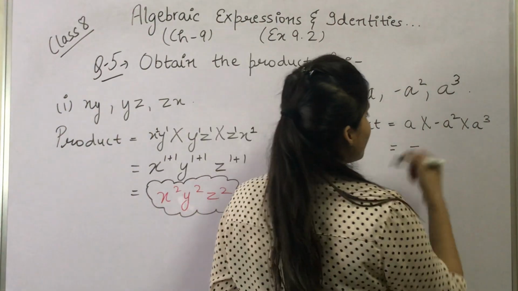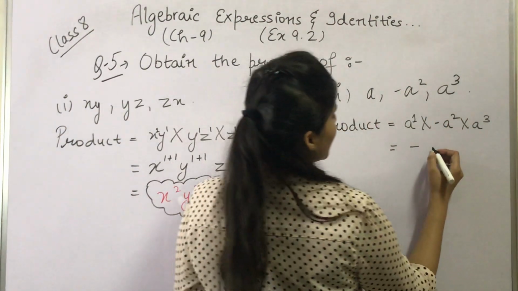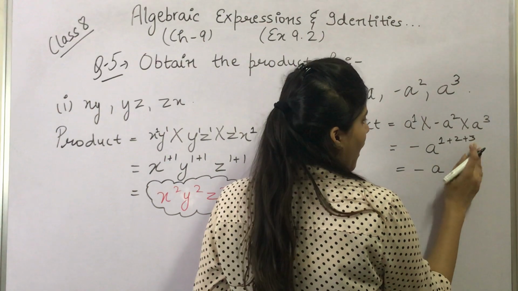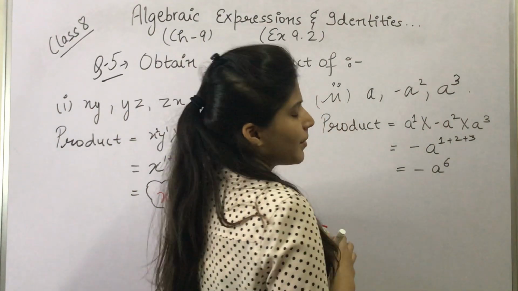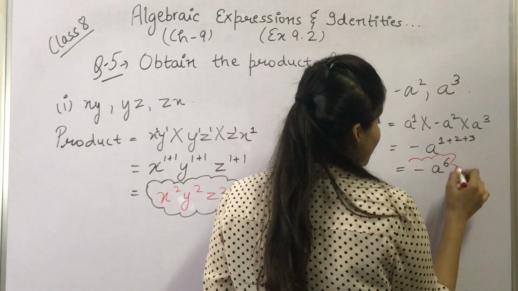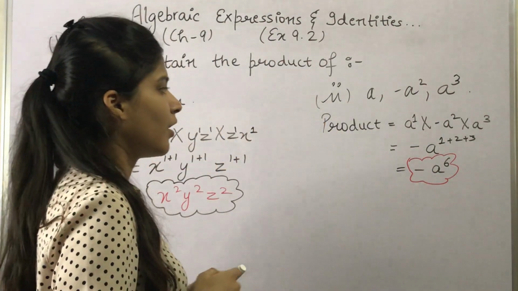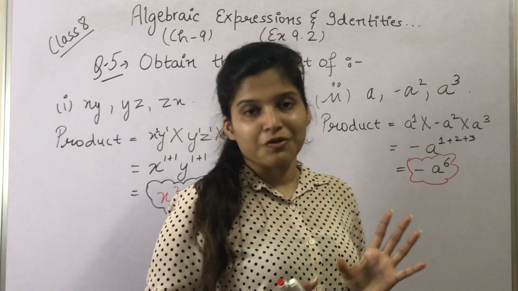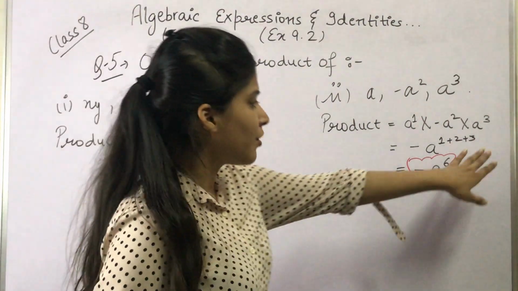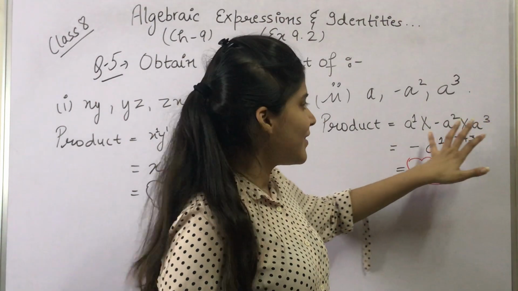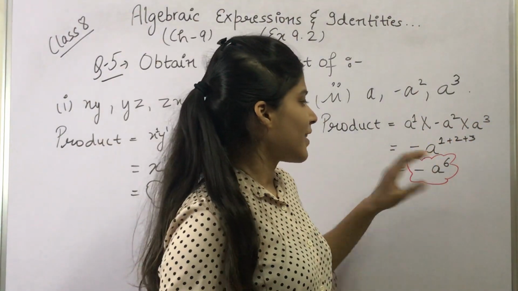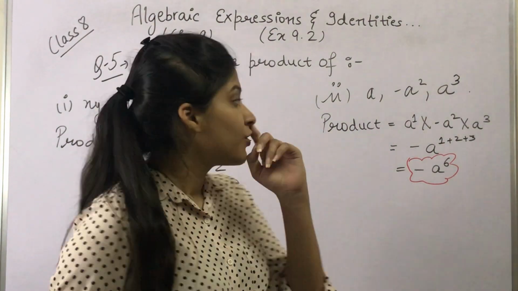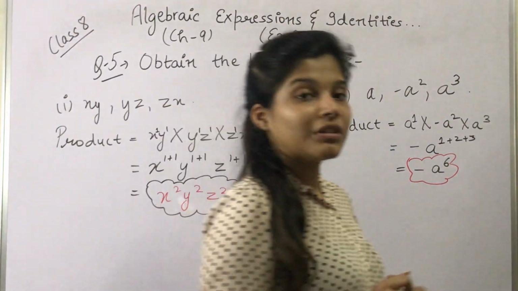Now we have a. Now a to the power 1, a to the power 2 and a to the power 3. So this would be a to the power 1 plus 2 plus 3. So this would be minus a to the power 3, 4, 5, 6. Minus a to the power 6 is the product of these three monomial expressions. Okay. Now how did this 6 come? To 3 we added 2, 5, and 5 plus 1 is 6. Anyway, if we look, we have 3 a's, 3 plus 2 again 5 a's and plus 1, 6 a's. Okay. And the minus sign was simply copied as it is, because there is 1. If there were 2 minus signs they would cancel, right? So this was our second part. Now let's come to the third part.